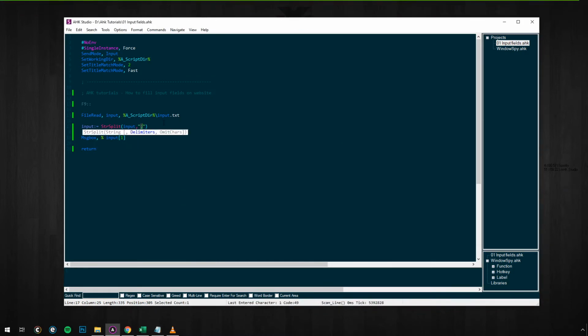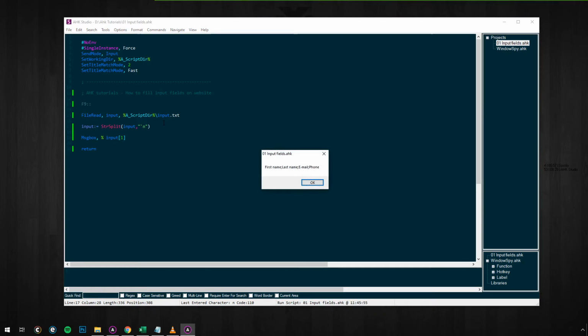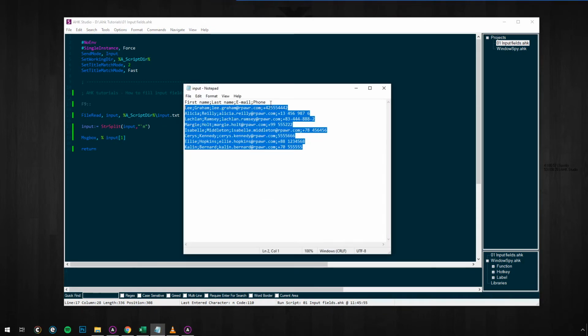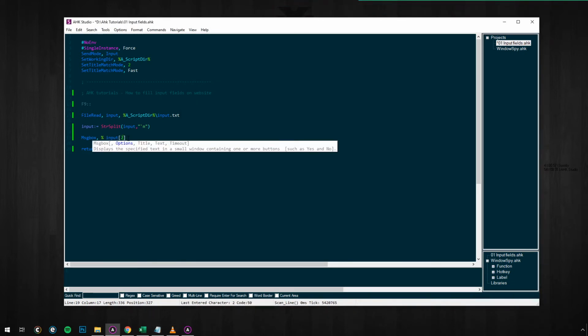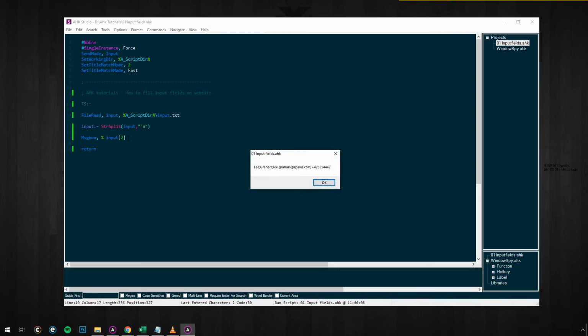So I will replace this character here with a new line. As you can see now, we see the header, because this is the first line. If I want to check the second line,